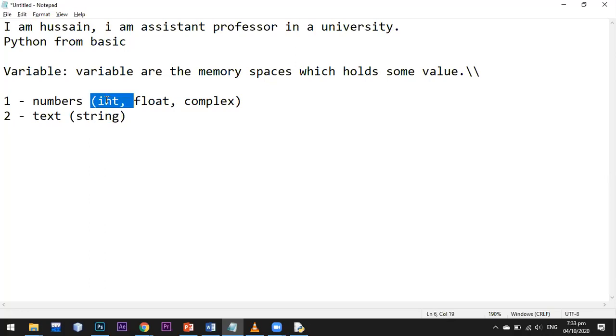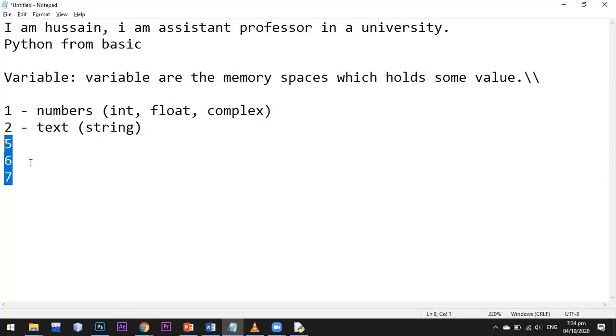Okay, integer, what is an integer? An integer is a whole number, like 5, 6, 7, anything without decimal places. Anything with decimal values, like 25.3, real values, is of float data type in Python.